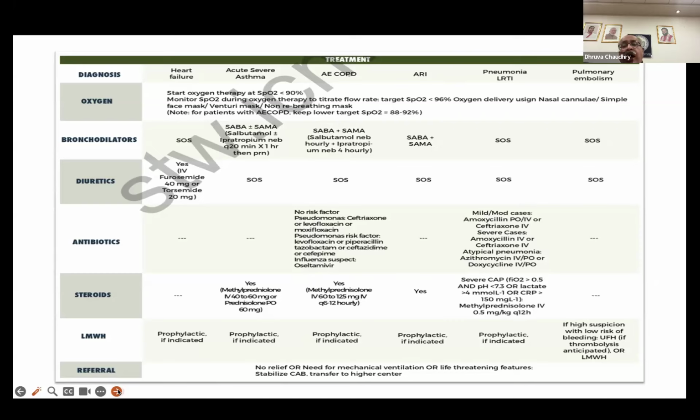If you have a pneumonia, as already explained to all of you by Professor Khilnani, if it is a mild to moderate case, usually they will be CURB-65 of first and second one, mild to moderate. Here we tend to use amoxicillin or ceftriaxone. But today some data is suggesting in this country, because of the resistance, we probably prefer a beta-lactamase inhibitor combination, that is amoxicillin plus clavulanic acid, or ceftriaxone. In severe cases, again the same drugs will be used injectable, but we are now with the molecular tests finding it out.